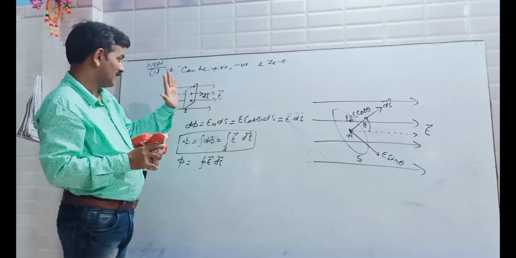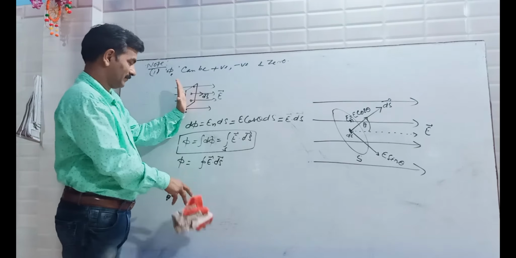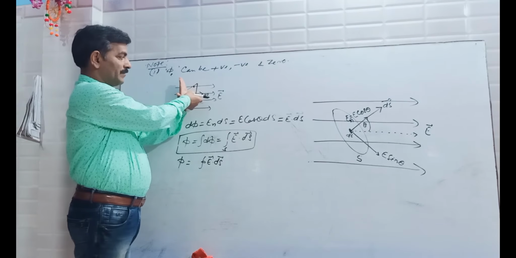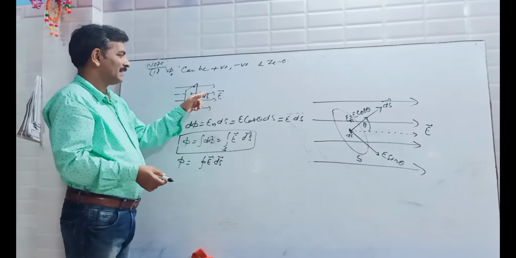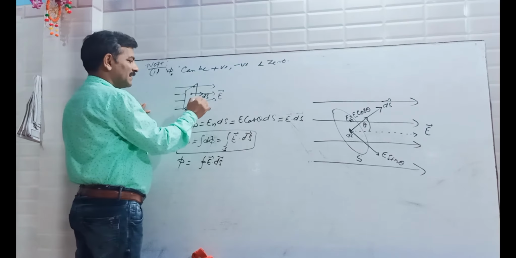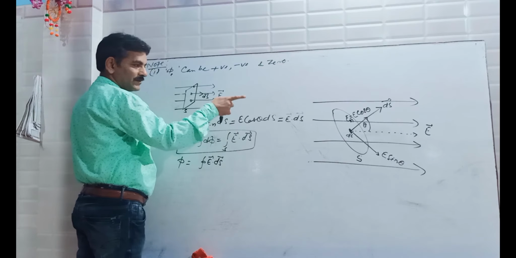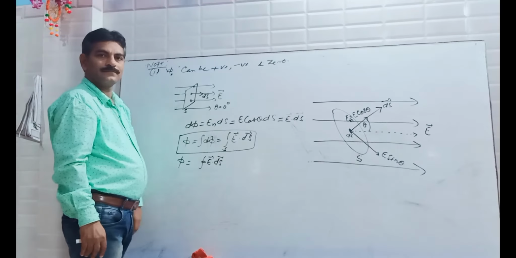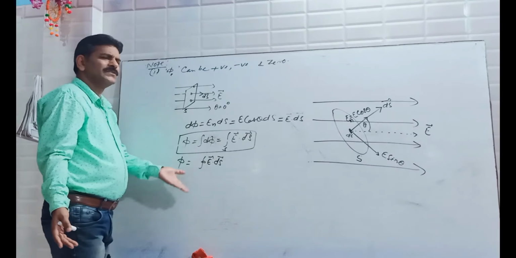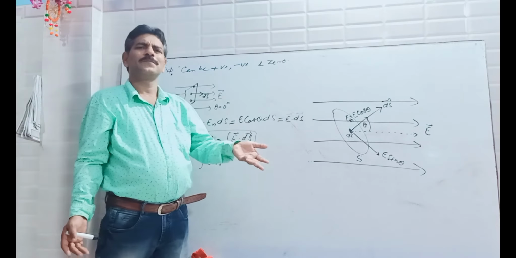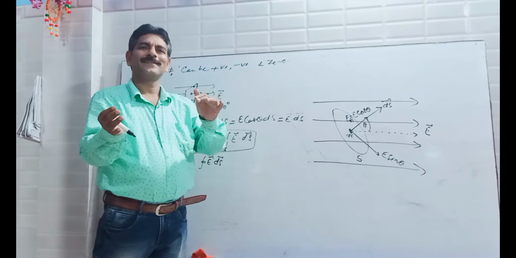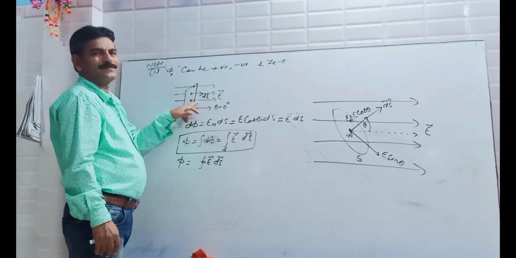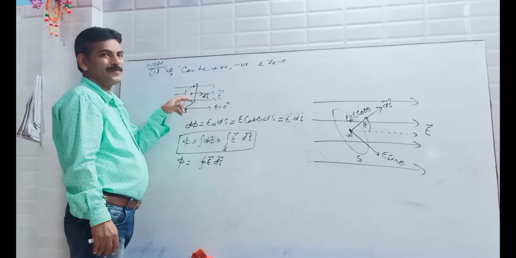Here the palm is given. Suppose my palm is placed in the electric field like this. So the area vector will be parallel to the electric field. E dot ds parallel. So in this case theta is 0 degree, because theta is the angle between the electric field and the area vector. So in this case flux can be positive. Or theta 0, theta 30, theta 40, 45, within 90, 0 to 90, the value of cos is positive.